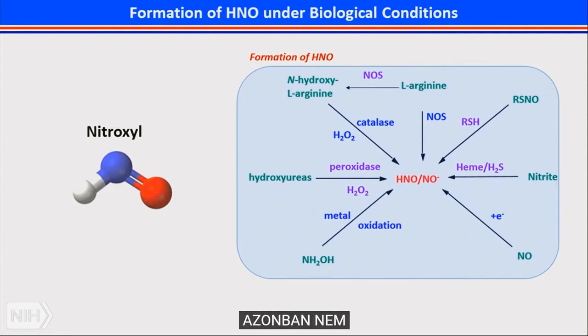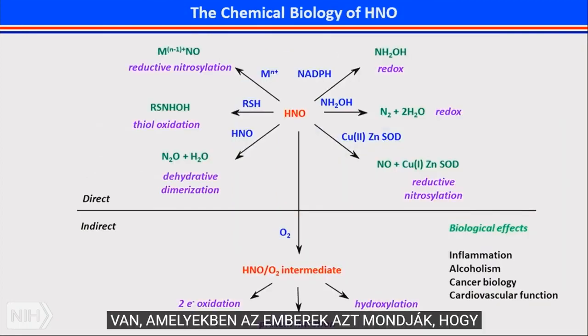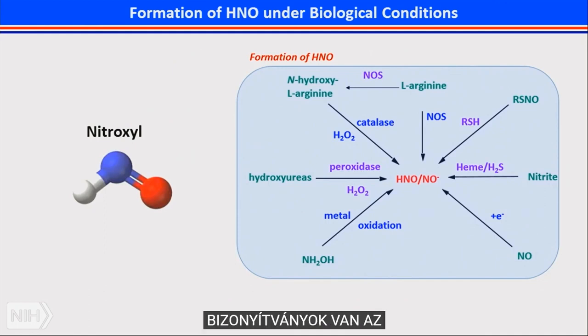However, it has not been convincingly shown to be produced under physiological condition. There are many reports where people say that they have evidence for formation of nitroxyl under physiological condition, but one of the limitations for detection of nitroxyl is it has a really fast self-dimerization rate. So these are some of the reactions which are reported in the literature as evidence for formation of